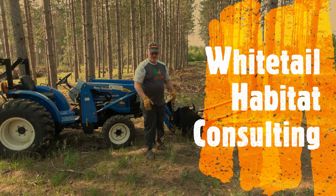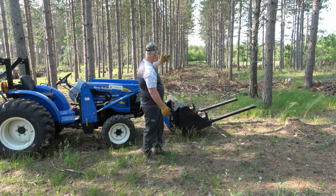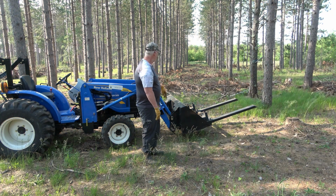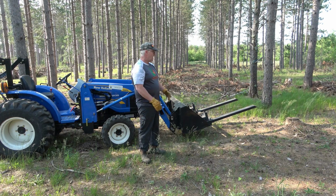So this plantation pine was thinned a year ago, and you can see we have a lot of the slashings that were left behind. And in some areas, that's fine, I'm just gonna leave it. But in this area, I wanna kind of clean it up, make it look a little better. And what I'm gonna actually do with the slashing is I'm gonna use the tractor here, and I've got